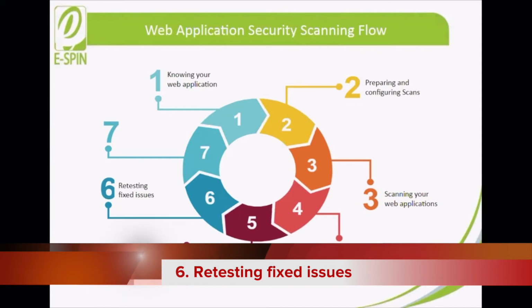If it is fixed as intended, the issue will be marked as fixed. If not, the issue will be assigned back to the assignee. If you are sure that the issue is a false positive, you can mark it as a false positive. You can also mark the issue as accepted risk if you are aware of its impact. And finally, you can manually mark an issue as fixed,